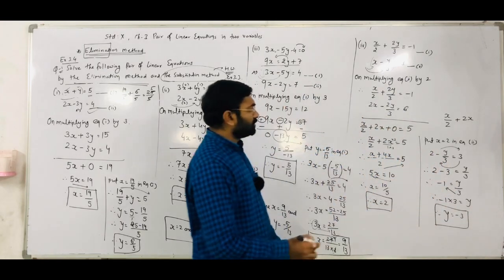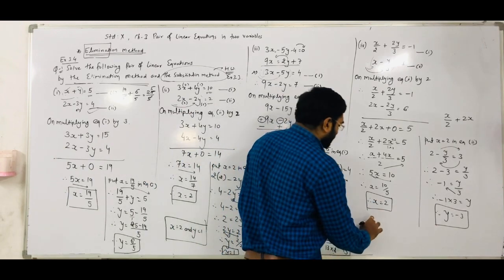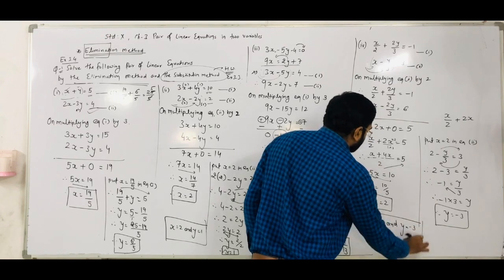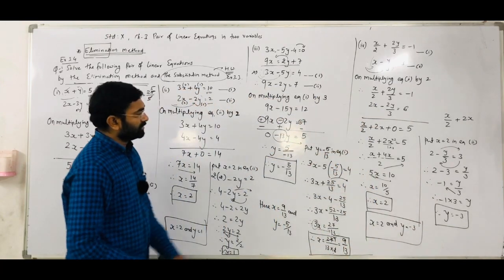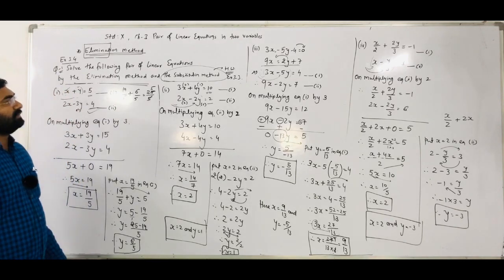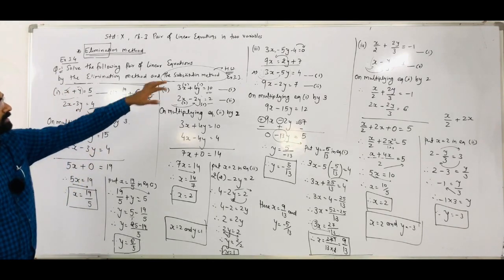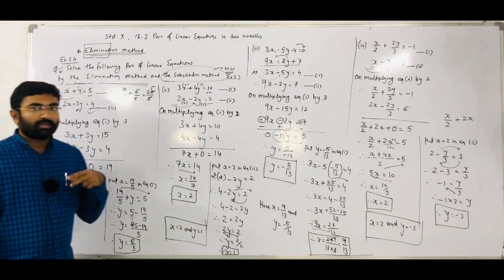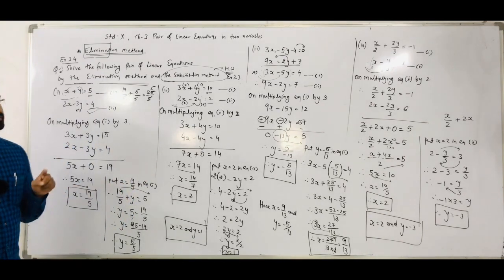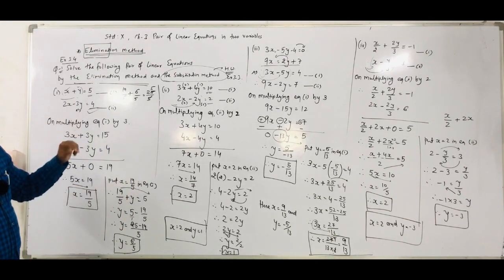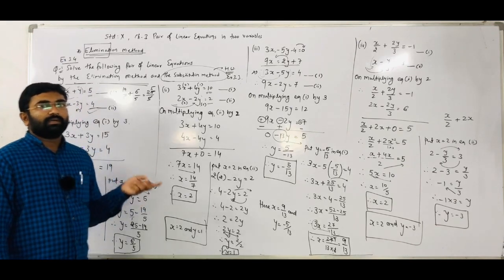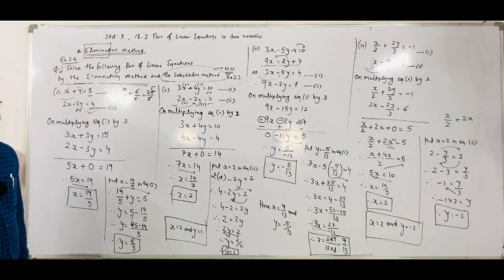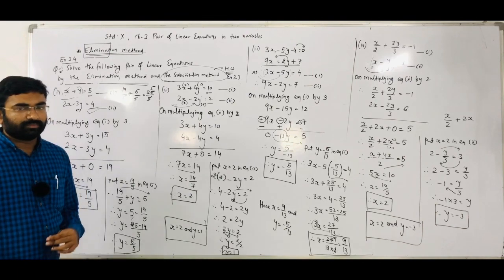Right. So the solution is x is equal to 2 and y is equal to minus 3, the solution of the given linear pair of equations. Okay. So here we applied the elimination method for solving the linear pair of equations, right? It is very simple. Just you have to first select any one of the variables. After that, you have to make those terms the same. If the sign is the same, then you have to do the subtraction of the equations. If the sign is different, then you have to do the addition of those equations, right?